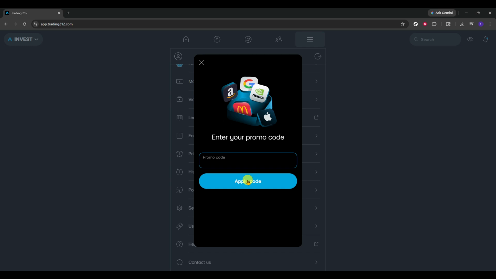That's it. Open the app, find the menu, choose Use Promo Code, enter your code accurately, and apply it. Keep your code details and terms handy, and you'll